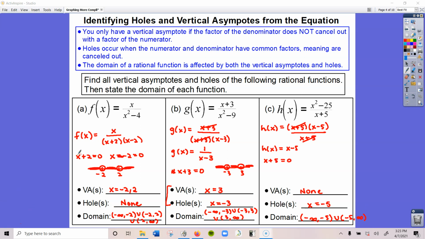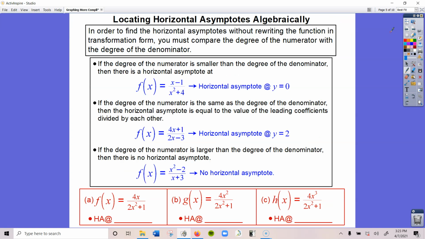Now that we know how to find vertical asymptotes and holes and the difference between them, let's look at how we can find horizontal asymptotes just based on the equation. So there's a couple of tricks that you can use here to figure out horizontal asymptotes. As a reminder, when we were looking at these rational functions that were in transformation form, we would look at the number that is added or subtracted at the end of the rational function in order to figure out what the horizontal asymptote is. However, these equations here are not written in transformation form. So that means that we're going to have to try to find another way of figuring out where there's a